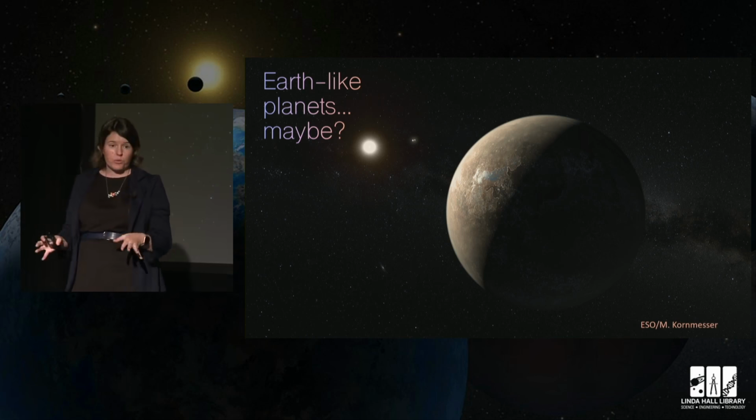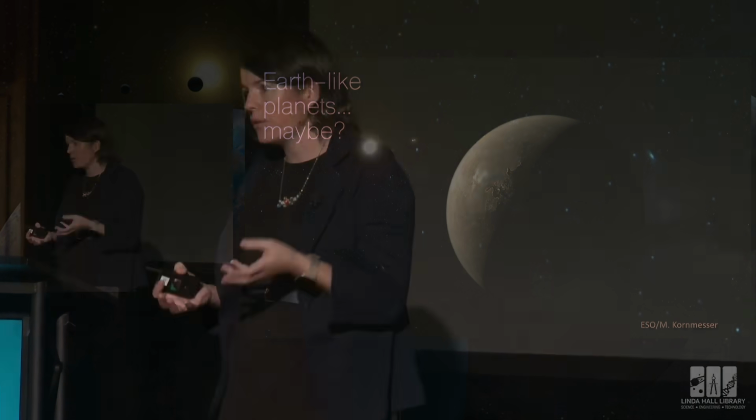We don't know whether rocky planets in the habitable zone of M dwarfs are habitable. The problem with being so close to the star is that stars are a really violent, energetic, not nice place to be, right? Like we wouldn't want to go to the surface of our sun. It would be bad news bears. And if you think about Mercury in our solar system, which is much closer to the star than us, kind of bad news bears. So if you take a rocky planet and put it right next to an M dwarf,